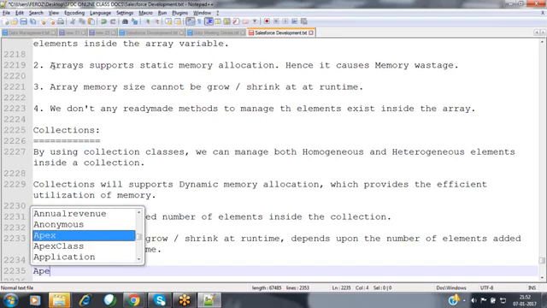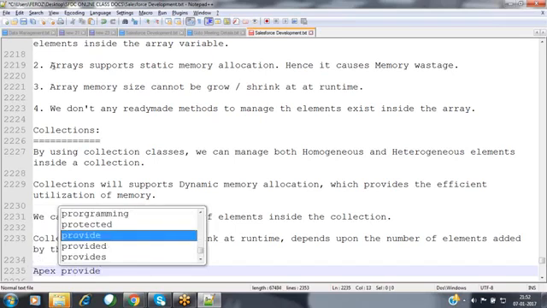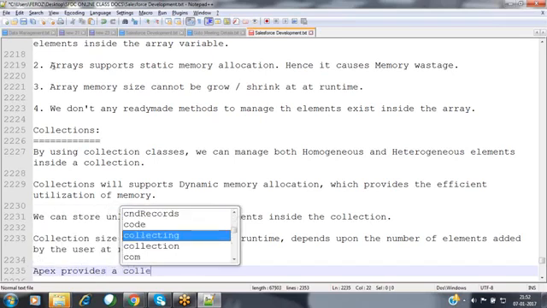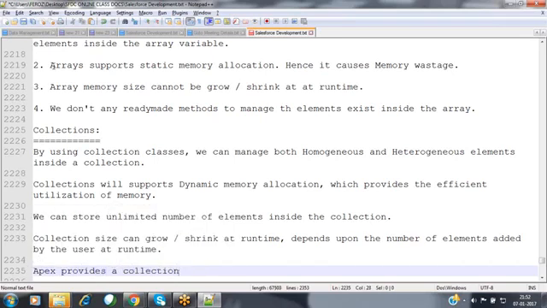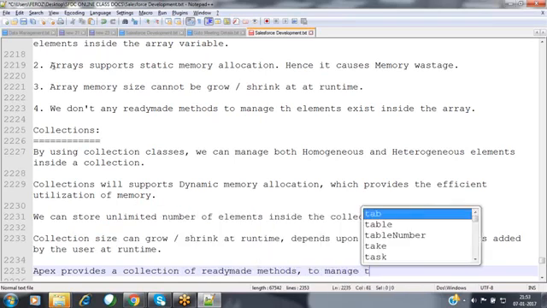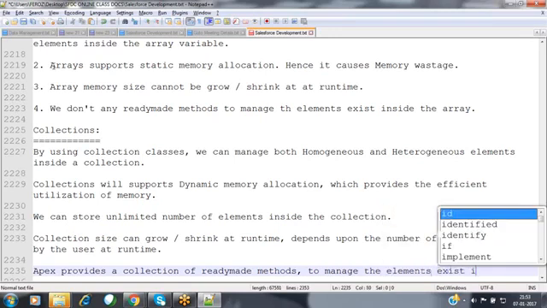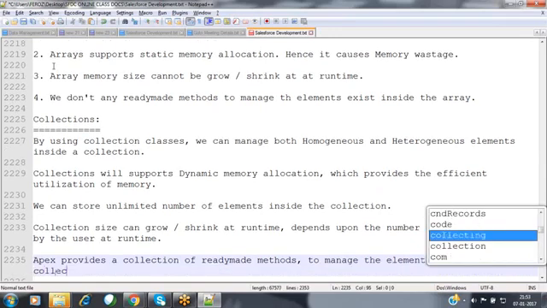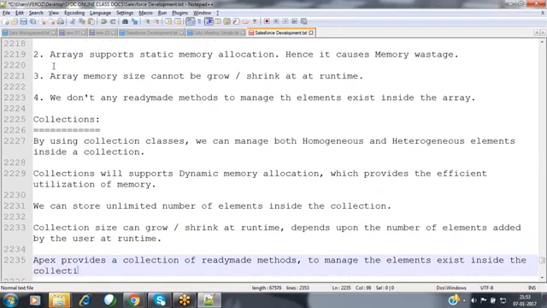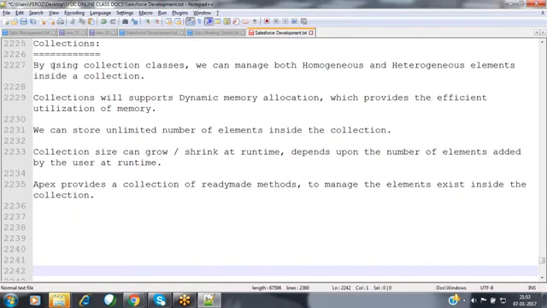Apex provides a collection of ready-made methods to manage the elements that exist inside the collection. To manage the elements inside that collection, we use the ready-made methods offered by the Apex programming language.